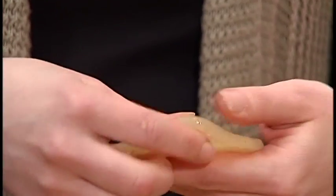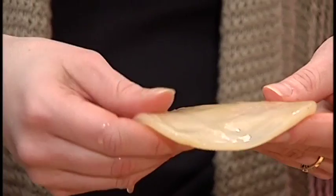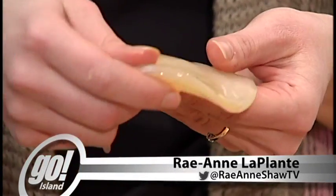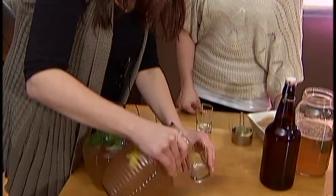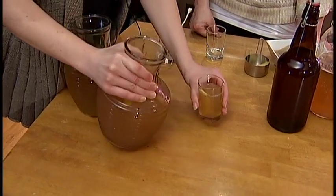This is the SCOBY, which is an acronym for symbiotic culture of bacteria and yeast. When we think of bacteria and microbes, a lot of us don't think, yummy, I want some of that. But it's something nutritionist Kelly Etheridge says our body needs more of. It can be kind of scary thinking about eating bacteria, but essentially we have more bacteria in our bodies than